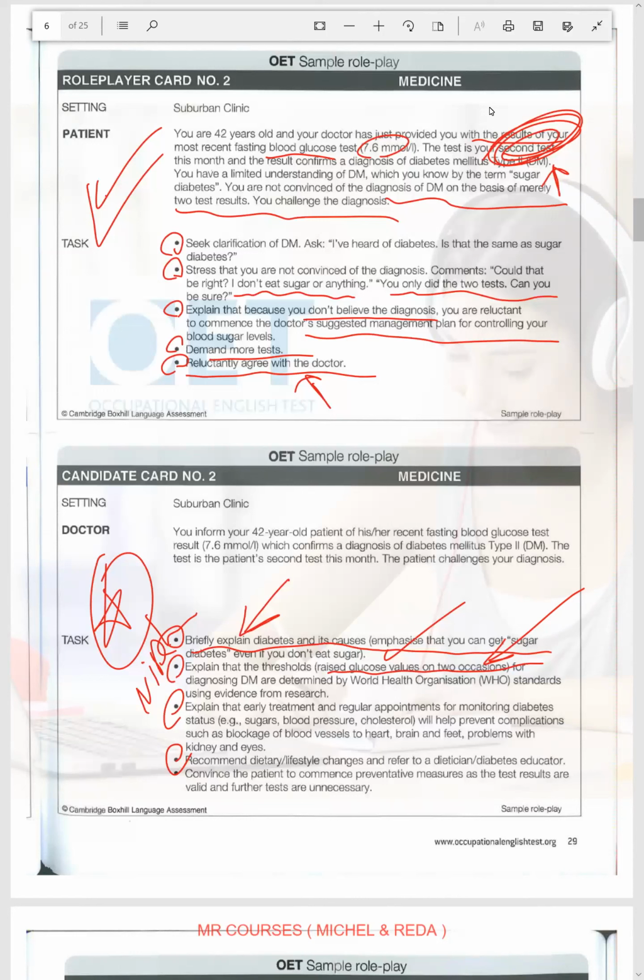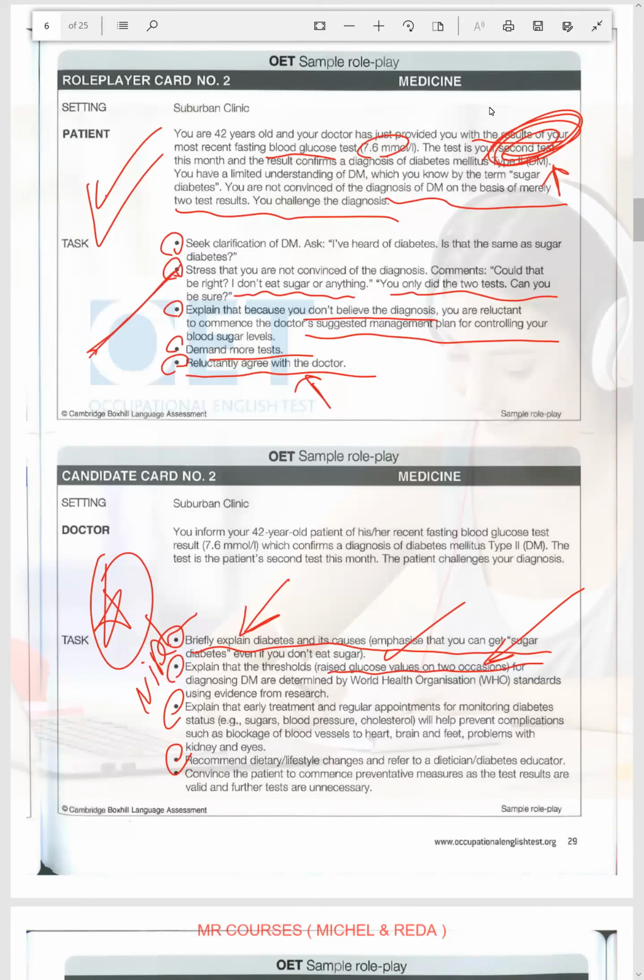Okay, you will say to him, oh, I'm really sorry to hear that. I really appreciate your concerns. You have to be strong, with a high pitched voice. You speak like a doctor. You are the leader of the conversation. You have to clarify, show sympathy, and emphasize your information.